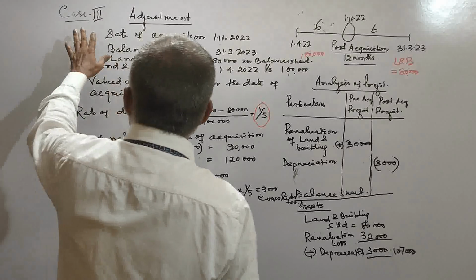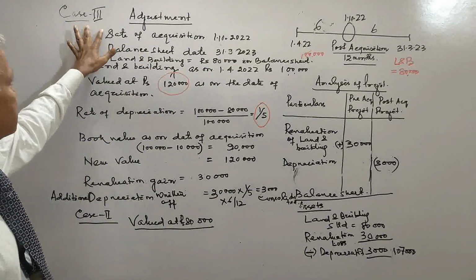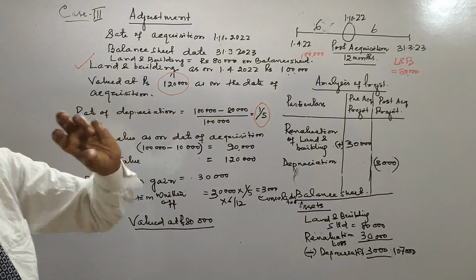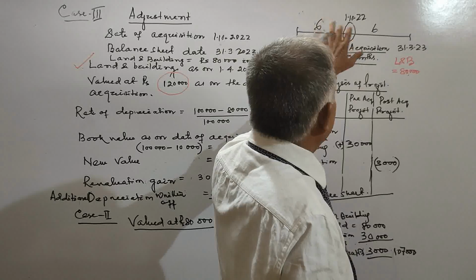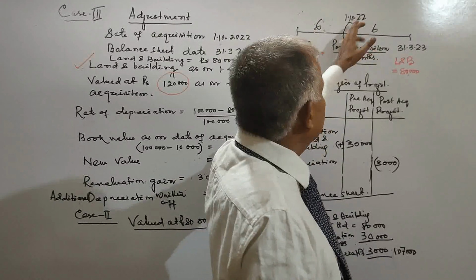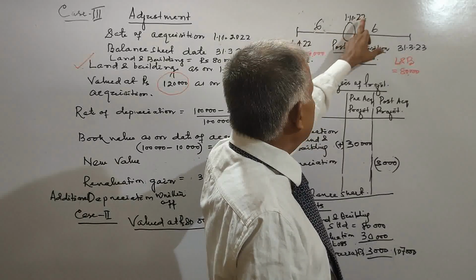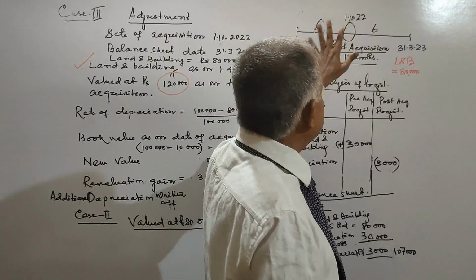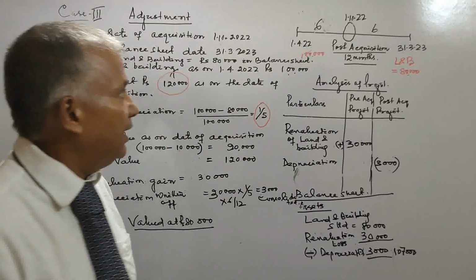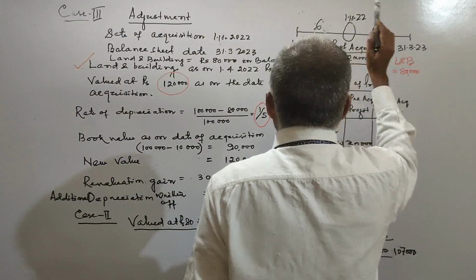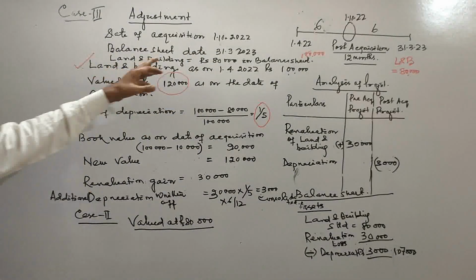Friends, this is adjustment number 3, case 3 adjustment. I have taken the date of acquisition at the middle of the year, that means from 1/4/22 to 1/10/22, it is 6 months. 6 months is your pre-acquisition period, and post-acquisition period is also 6 months. So date of acquisition